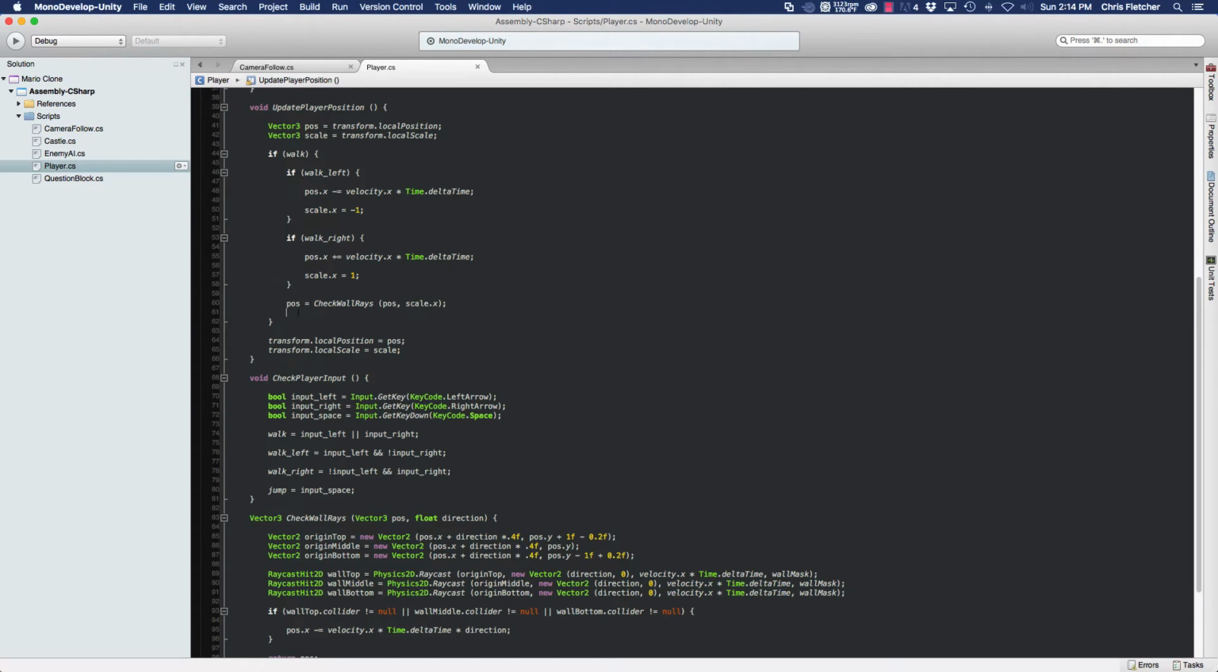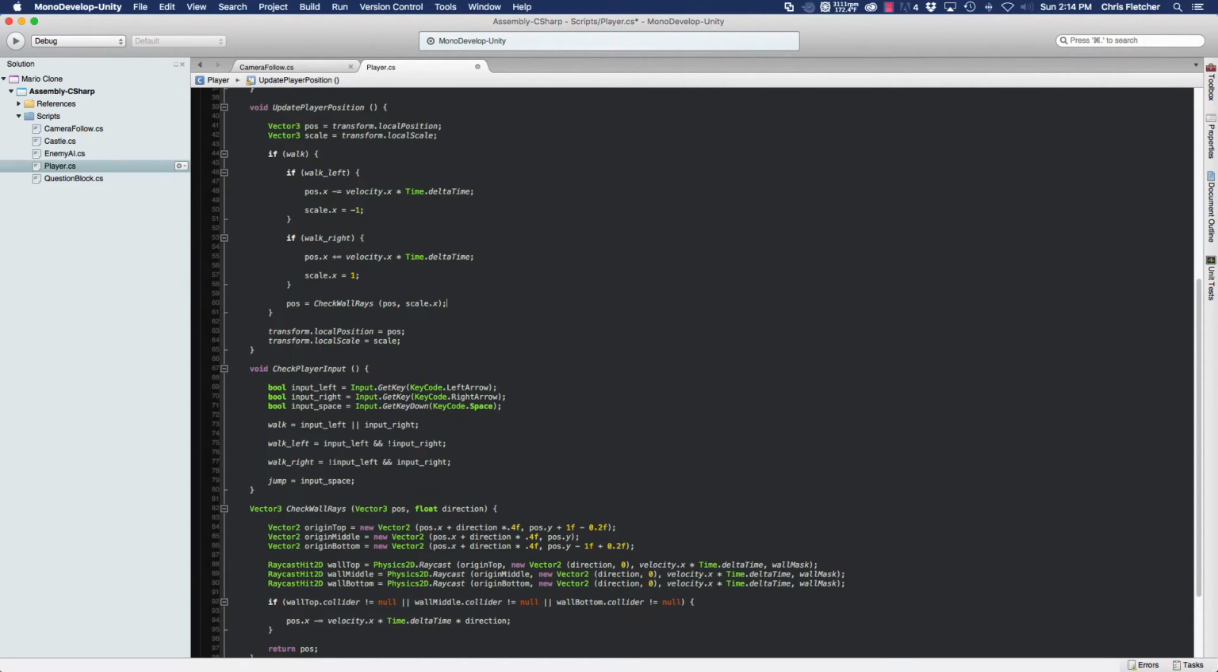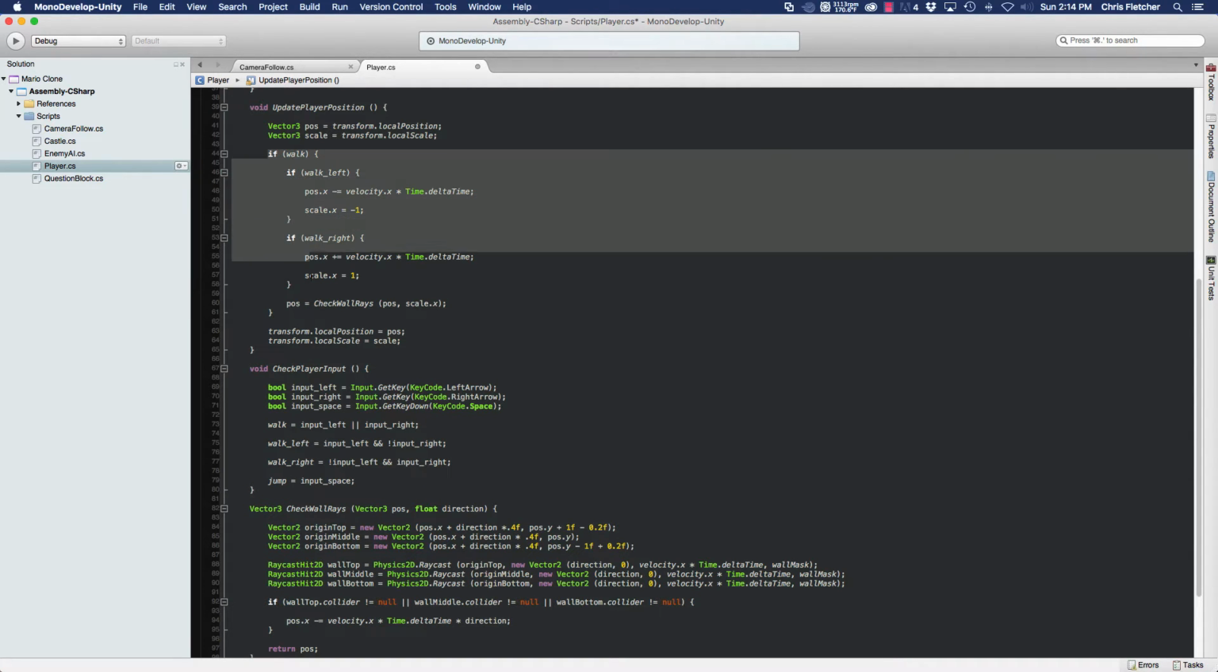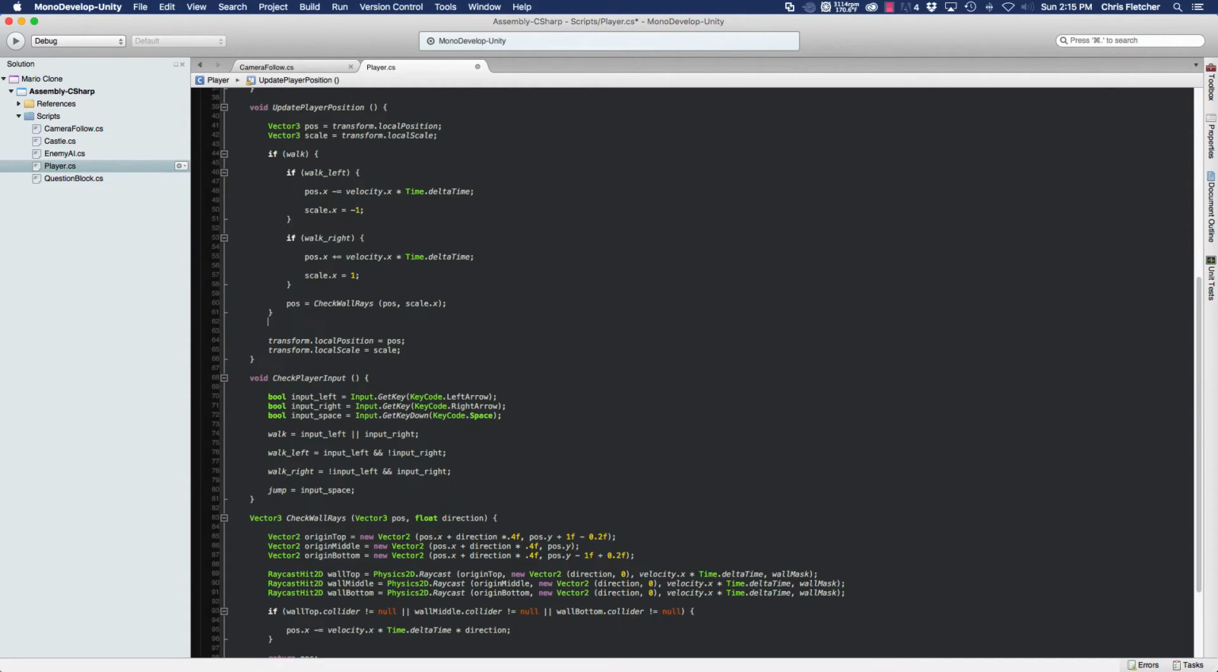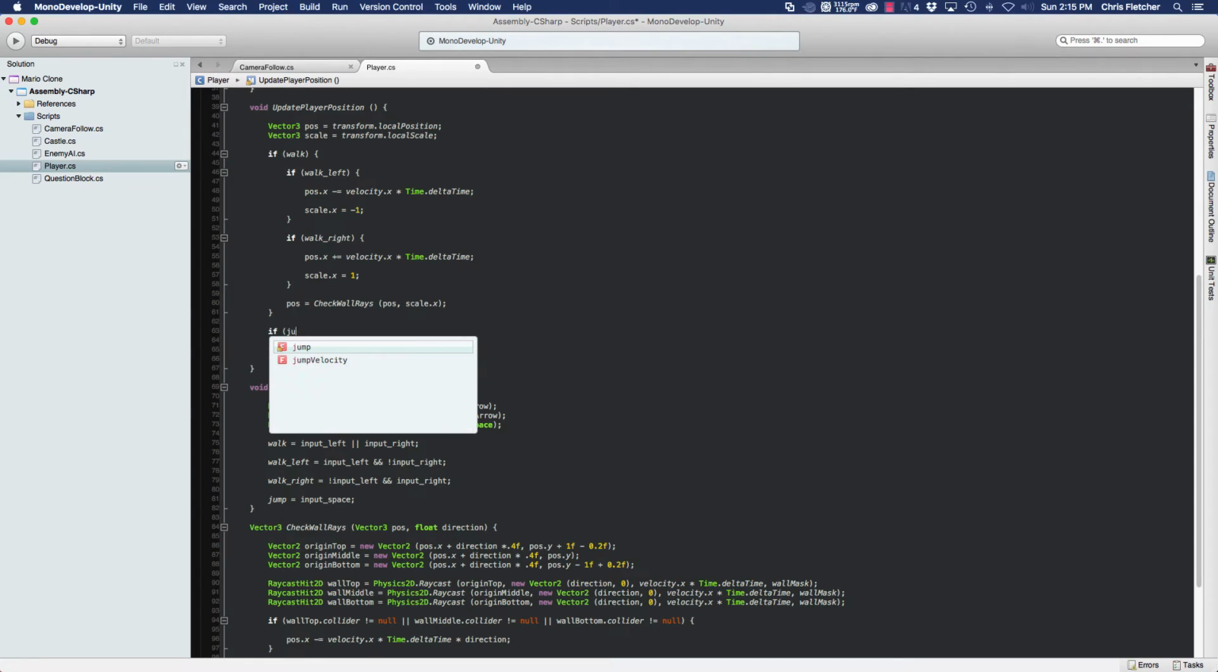In the same method that we created to update the player's position, to move left or right, we're going to create another if condition, and it's going to be outside of the walk condition, okay? Because here we want to test to see if jump equals true, if the player is pressing the space bar, okay? And we also want to make sure that when the player presses the space bar and jump is set to true, his player state